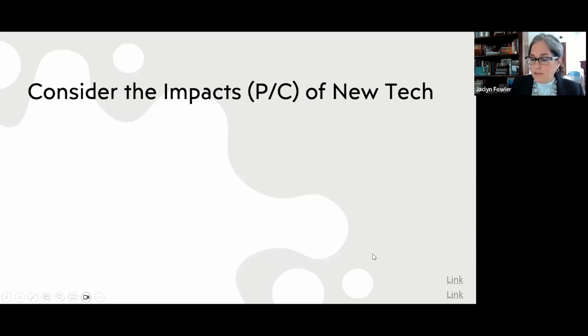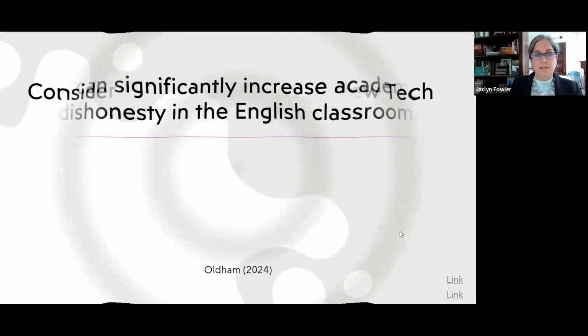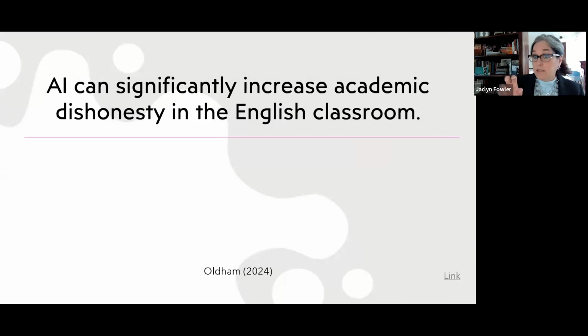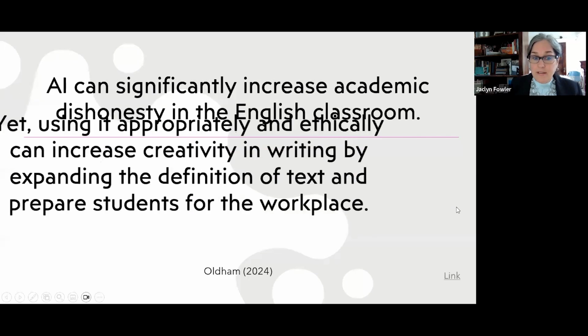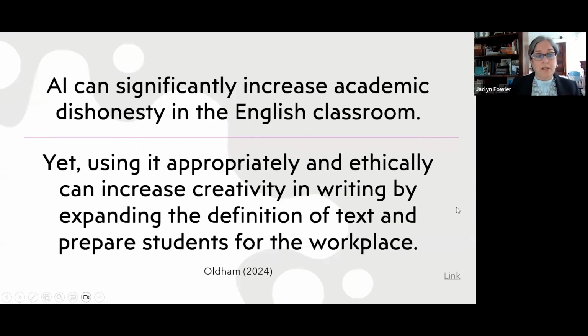One of the things we learned from research about the impacts of AI, specifically in the English classroom, is that Oldham has said AI can significantly increase academic dishonesty. Well, we knew that from the Emily Bronte story, right? The student took a couple of seconds to generate a prompt and the whole paper. But the other thing we've learned in Oldham's work is that using it appropriately and ethically can actually increase the creativity in writing. Because one of the things we need to do with AI is expand our definition